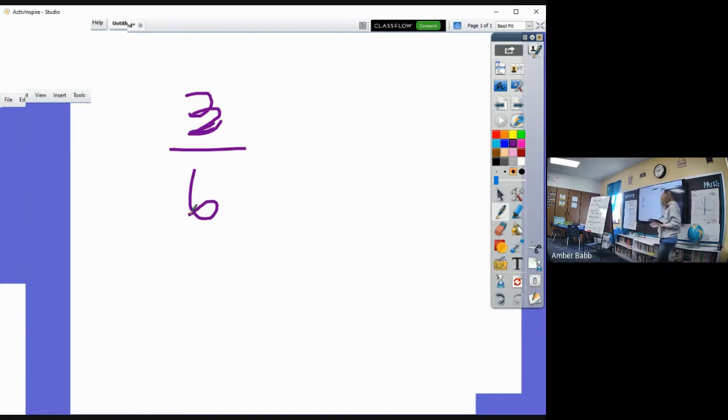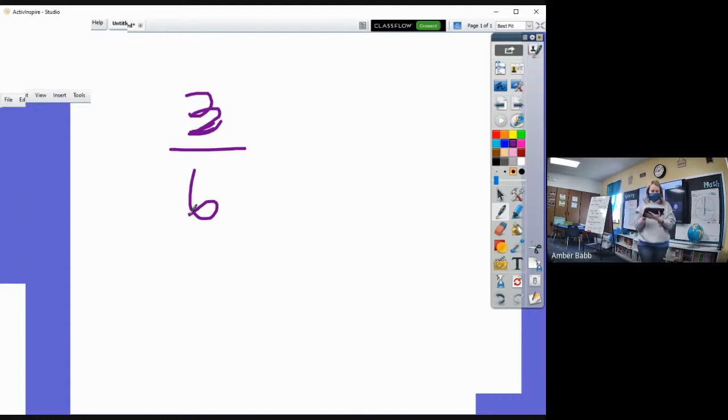And reduce means to make it smaller. Like subtracting. So to do that, I'm going to be dividing the top and the bottom by the same number. To do that, I need to find common